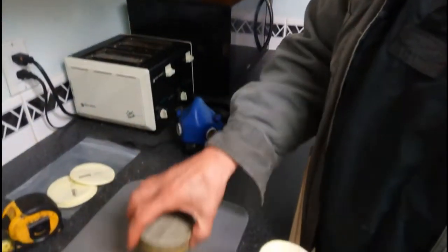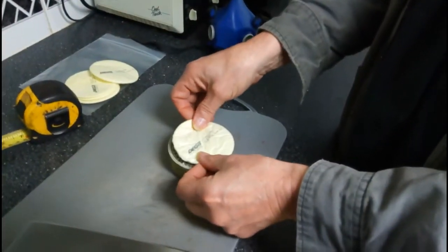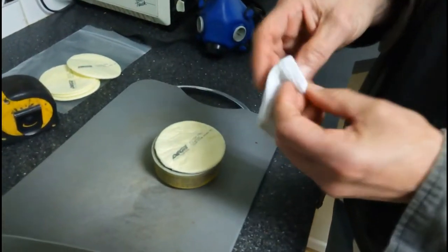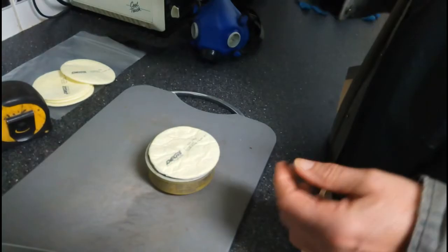You'll have a colored side, and then you'll have a white side. The white side goes against your filter. You place it like this. Place it on there. Now, the purpose of this, of course, is if you don't have a cage, a plastic